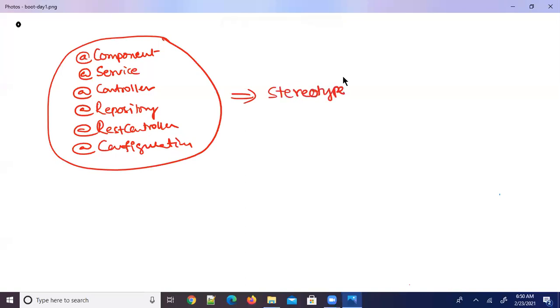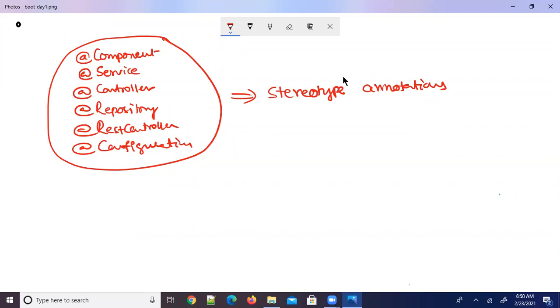I'll explain everything very well. Whatever knowledge I have, gained from my experience of Spring in this entire framework, I'll keep all this knowledge in front of you in this Spring Boot and microservices class. We'll discuss the sessions in an extensive way, don't worry. So these are all called stereotype annotations.